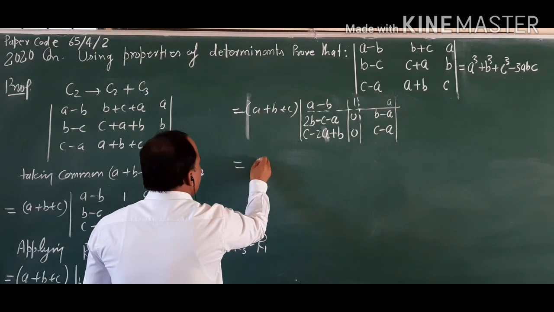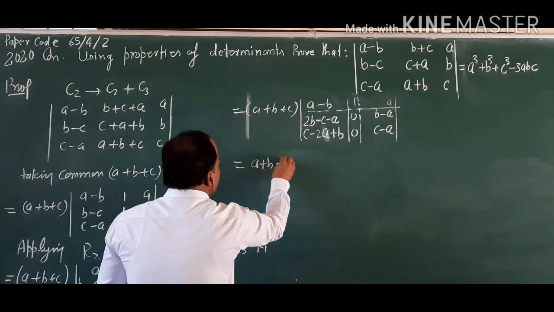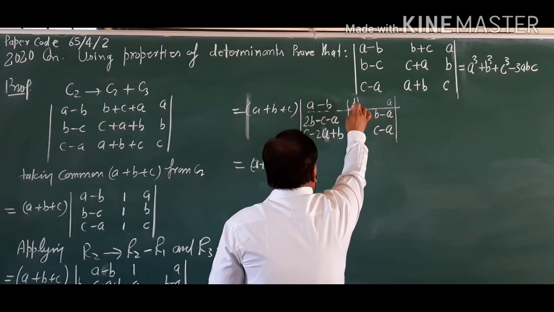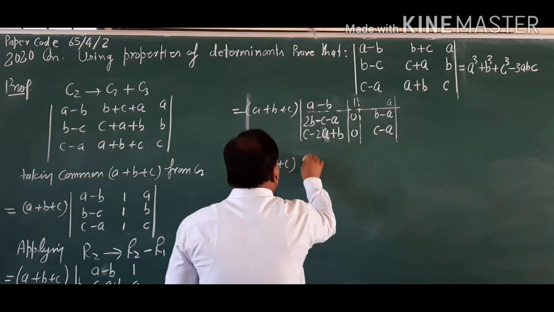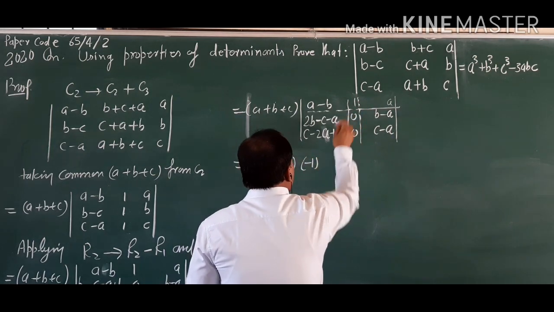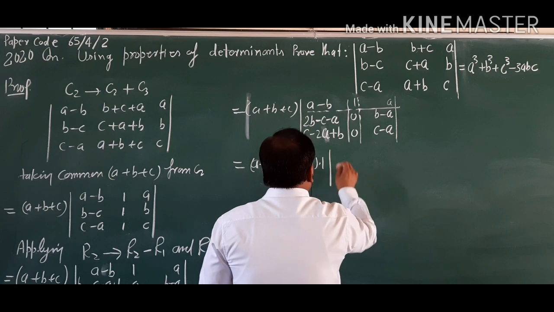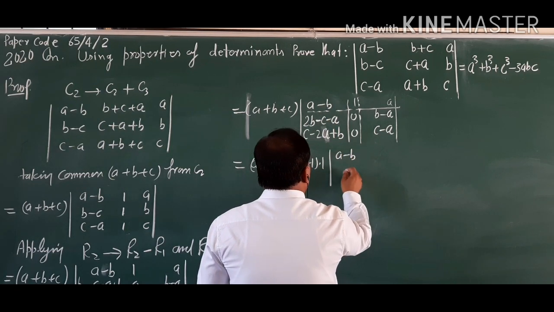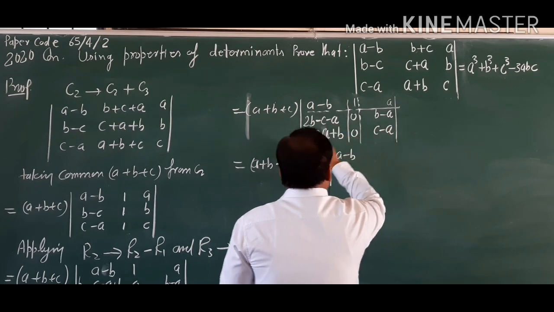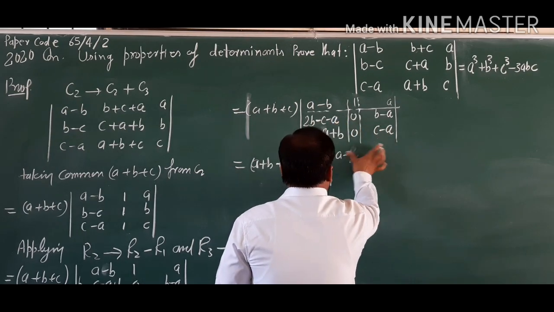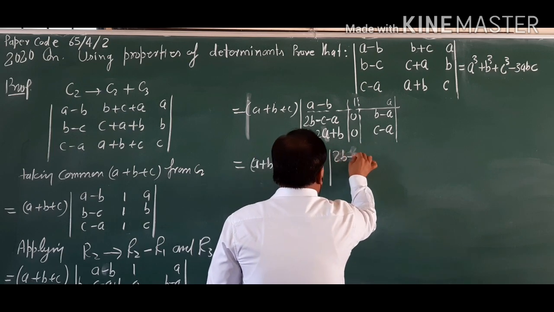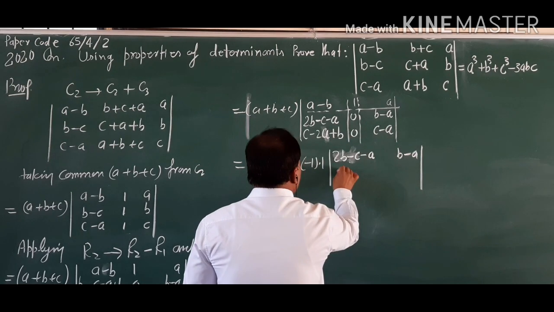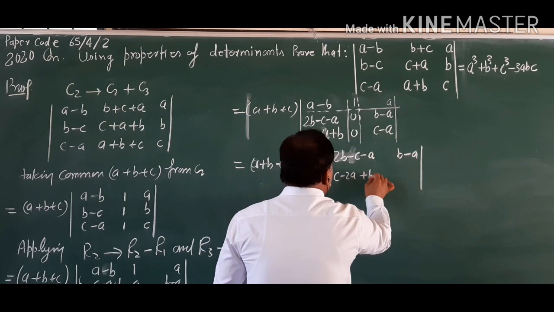So the remaining thing should be A plus B plus C, and this position of 1 is with A1 2, so we should write minus 1 here and into 1, and the determinant remains A minus B, and here we have 2B minus C minus A, and here B minus A, and here C minus 2A plus B,